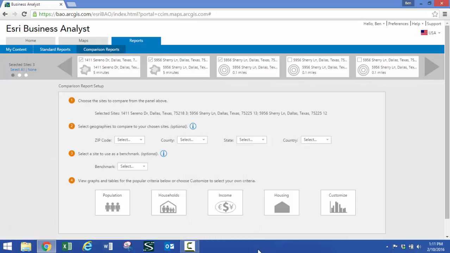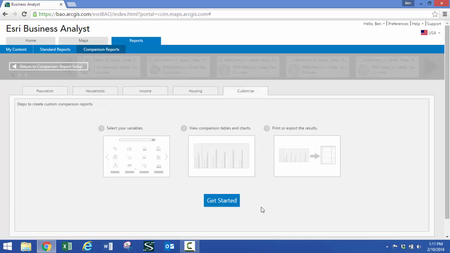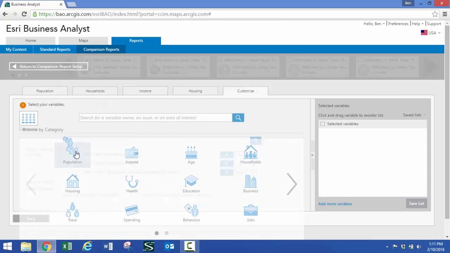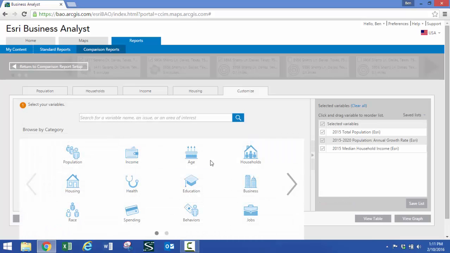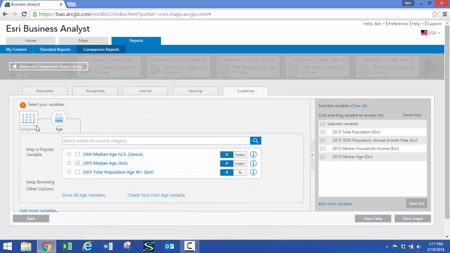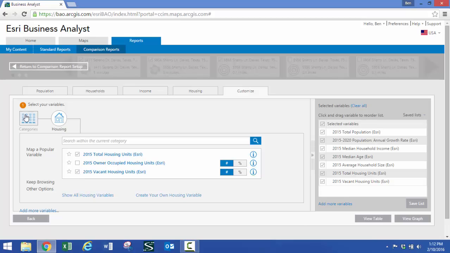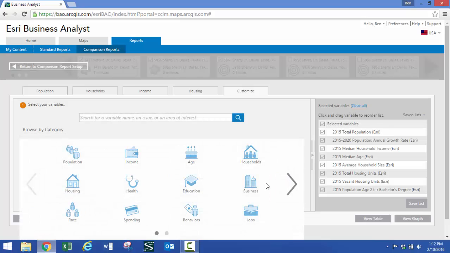So what we're going to do to get an idea of the difference between these two areas, we're going to go into reports, and we could look at these areas by things like population or household or income or housing. But in this case, I'm going to create a custom approach where I can go in and look at population as well as the annual growth rate. I can look at income. I can look at age. Average household size, total housing units, vacant housing units, number of people with a bachelor's degree,